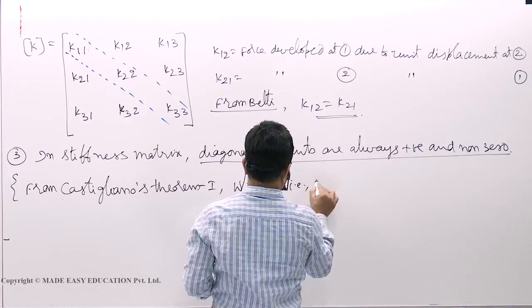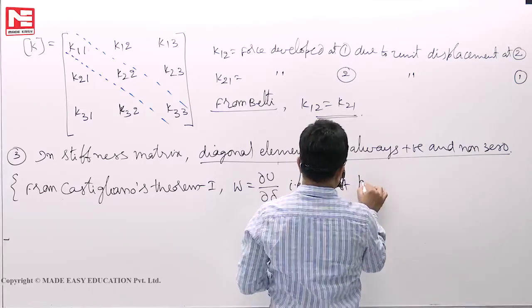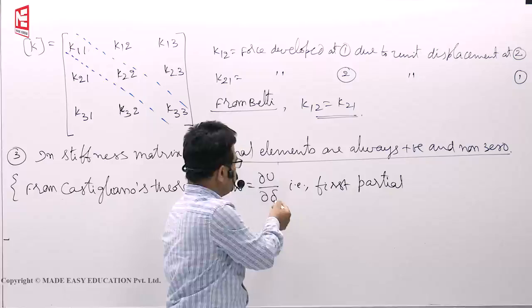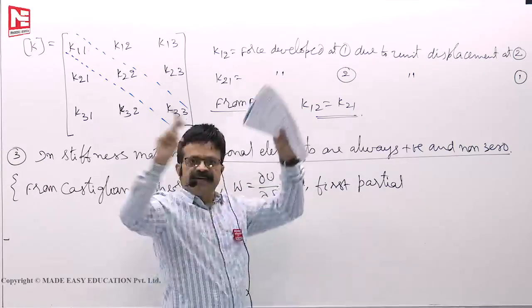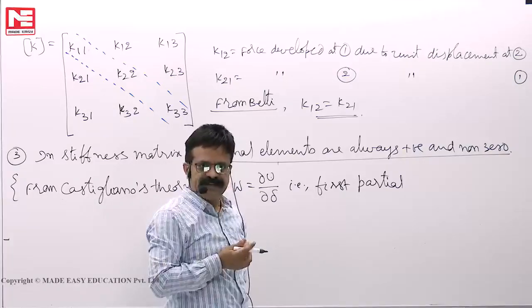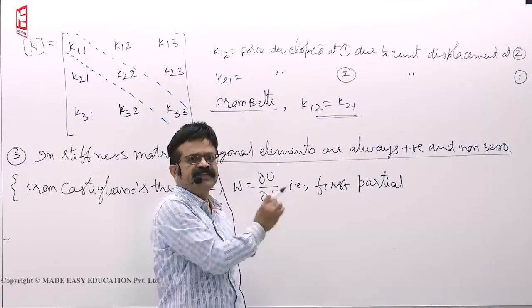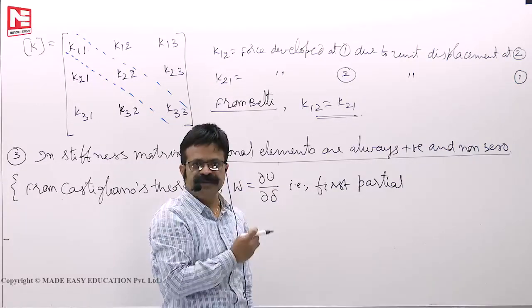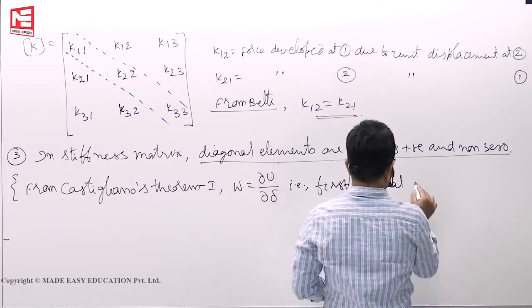That is the first partial derivative. Why partial derivative? Because this energy you are writing in terms of not a single displacement. In a big structure there can be 10 displacements. Then with respect to the first displacement, if you differentiate, that is called partial, because this is not the only displacement happening in a structure. So first partial derivative